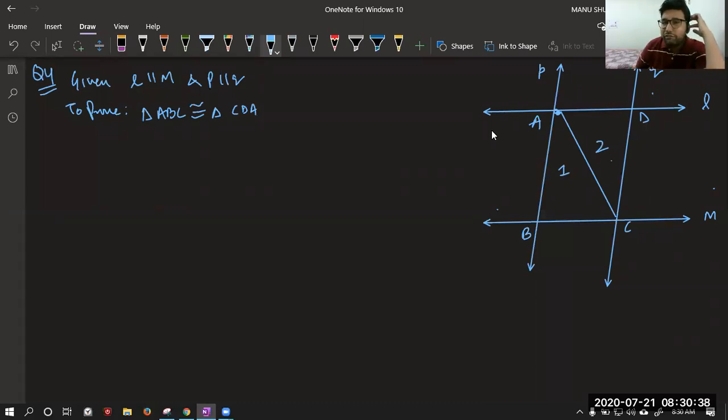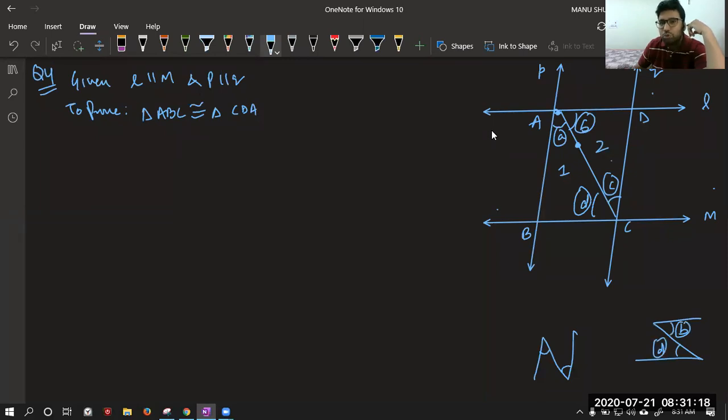Okay. Now, first thing I observe in the two triangles is AC is common. Second thing I observe is that we have a Z like this. I name it small a, I name it small c. Then we can say angle A equal to angle C, first, alternate angles. Similarly, one more Z is there. This one, suppose I name it B and this one as D. It is also a Z, a reverse Z.